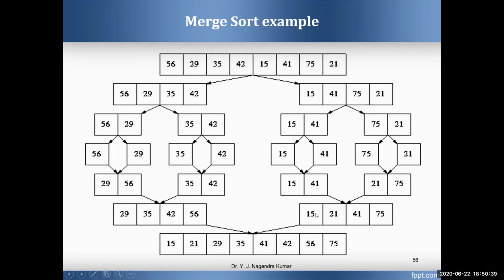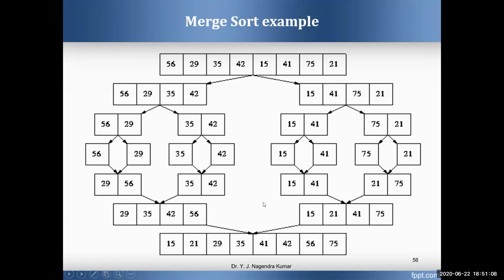Now you have to combine 4 plus 4 into 8. That is our last step. Okay. So 29 compares with 15. So 15 is the smallest number. So keep it here. So strike off 15. Now it compares 29 with 21. So 21 is the smallest number compared to 29. That's why 21 is in the next cell. Strike off 21. Now 29 with 41. So 29 is the smallest number. Strike off this and keep it in the third cell.